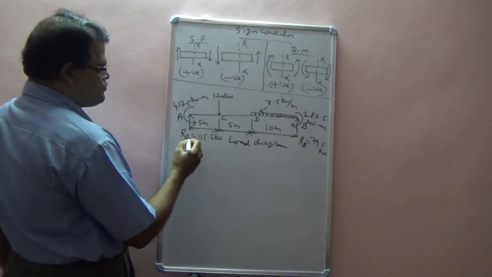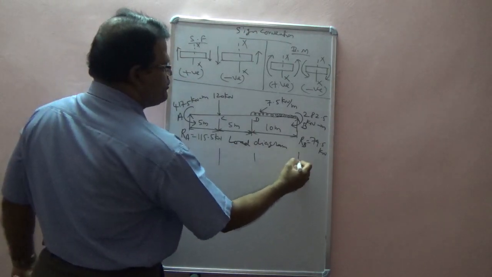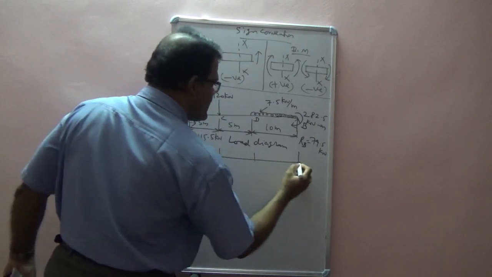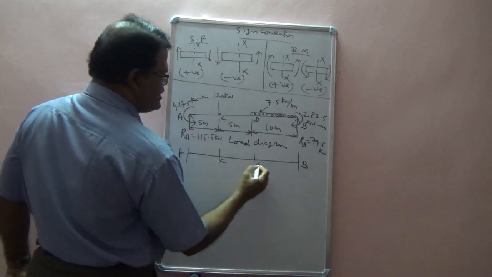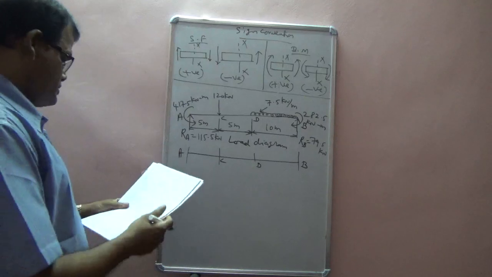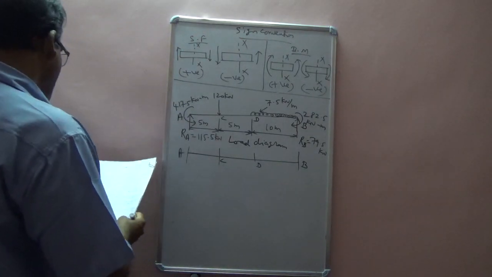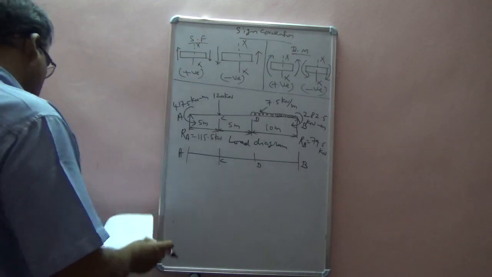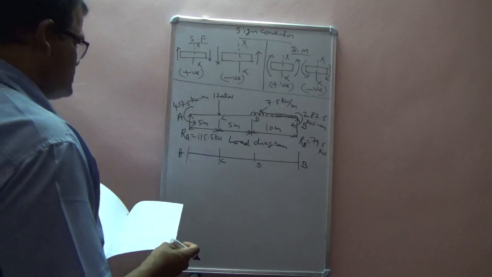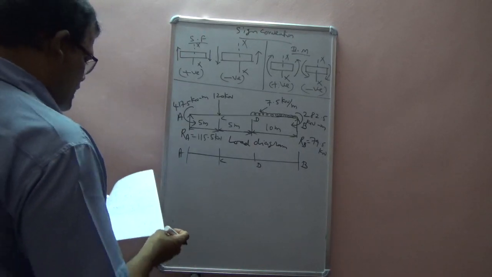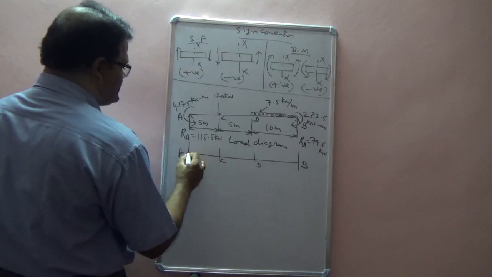Now let us draw the shear force diagram. Project points A, C, D, B. So this is the baseline. So here it is A, here it is B, this is C, and this is D. So what is the shear force at A? So take right side of A from the beginning. Let me refer all these points whatever we have calculated. So shear force at A is plus 115.5 kilonewton. So therefore I represent 115 like this with plus sign.